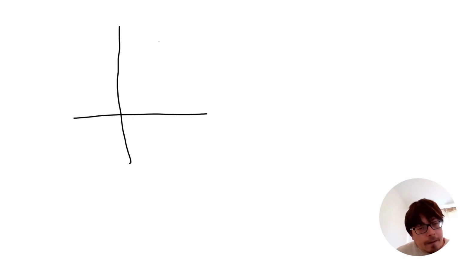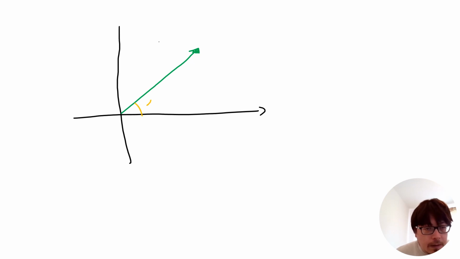Okay, so we have our Cartesian axis here, and we have our vector here, and we know that we have an angle here, let's call it alpha, and this is x, y, and this is x. We know that these are the coordinates, x1, y1,